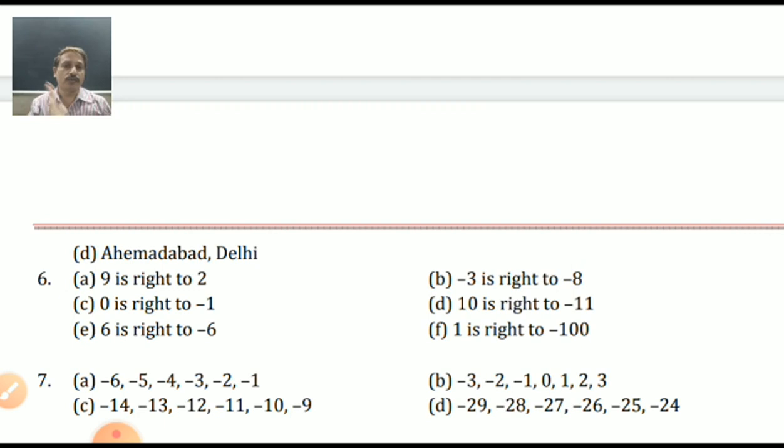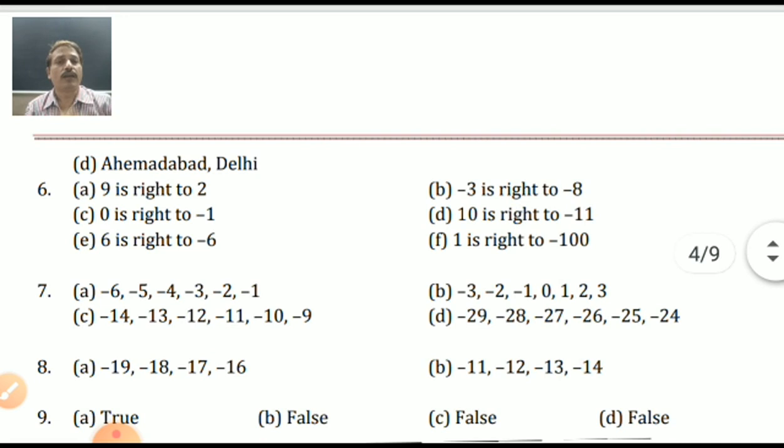9 is to the right of 2, 0 is to the right of -1, 6 is to the right of -6, -3 is to the right of -3. That is the main question here. 10 is to the right of -11. Yes, with one plus and one minus, the plus number is always on the right side. If 0 and a minus number, 0 is always on the right side. Yes, 1 is to the right of -1. See, I already said -7 to 0. And in increasing order, the smaller number is -6, -1 is not smaller. Think about it.